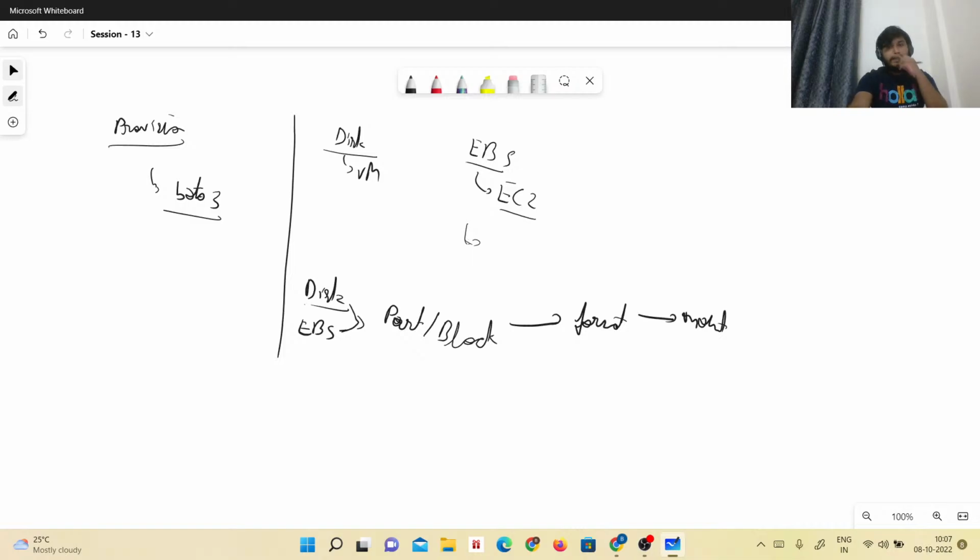The thing is, if you mount to the mount point, this is temporary. What does temporary mean? It will mount the disk, but if your system reboots,